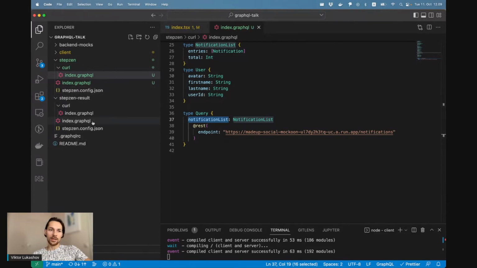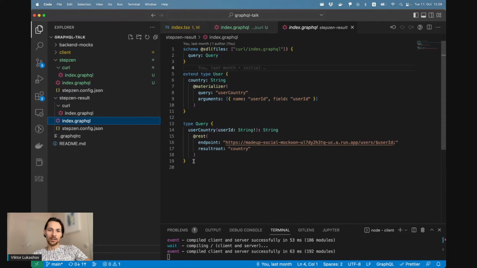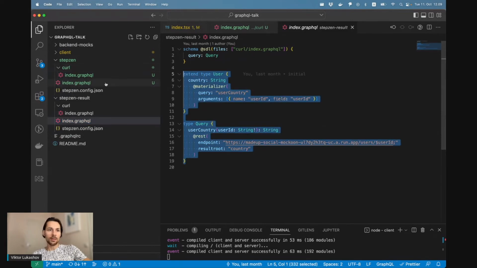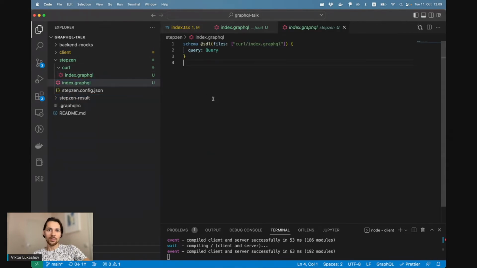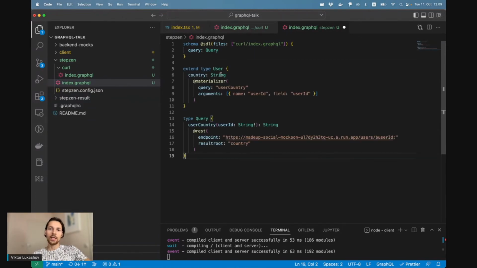Instead of typing this, I have already prepared a little additional thing that I'm going to copy into my index.graphql file. And what I'm going to do here is add additional query fields, again, backed by my REST API, but this time a different one, a /users API.